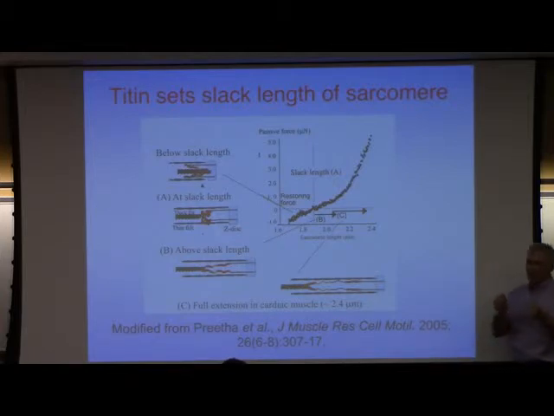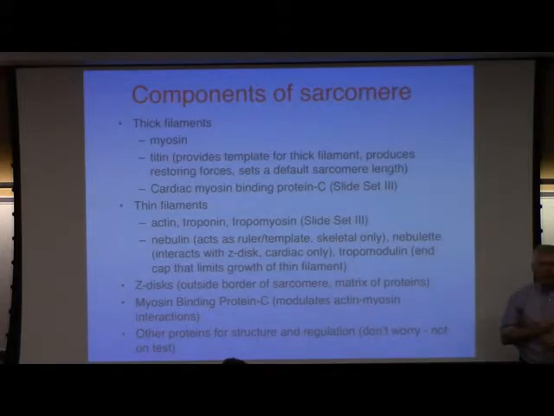If you try to force it, it just kind of buckles. So the only way you can get it shorter than its slack length is to activate it. But then if you activate it, you can't compute the force of the spring alone. So again, this part of the curve is actually just reflected up from here. And so